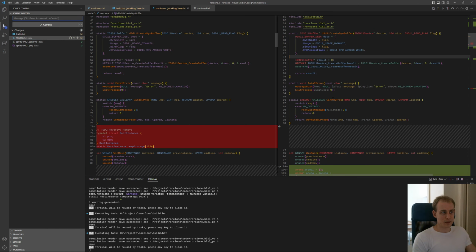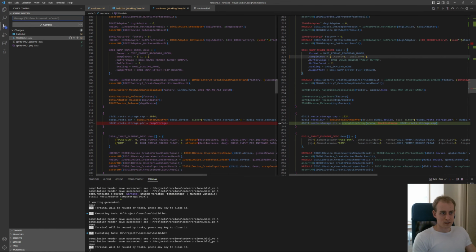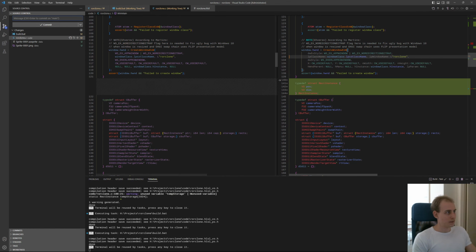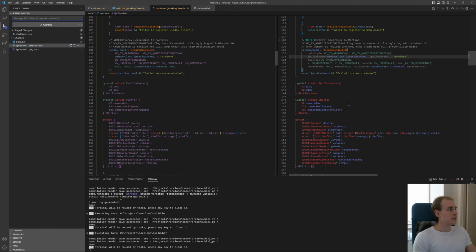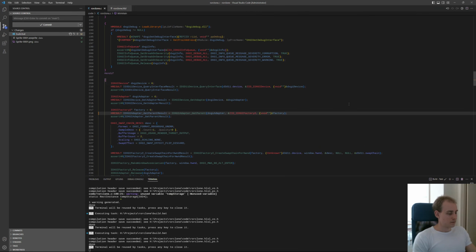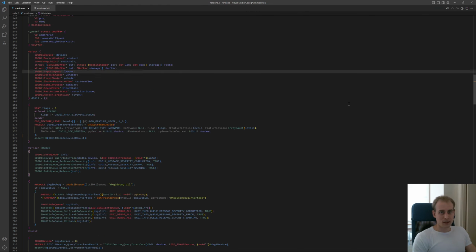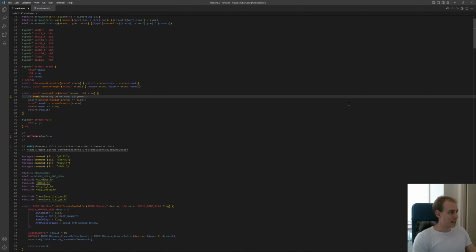Okay, well, really I want to just commit this. Stage. Remove temp storage. Temp rect storage. Okay, well, alignment. Might as well check